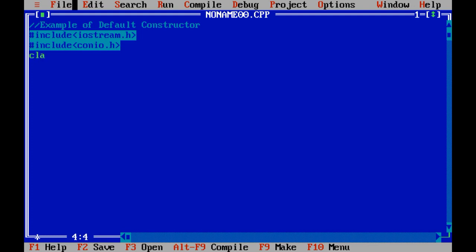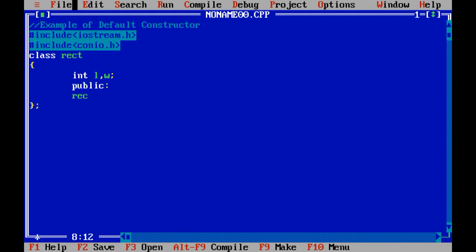Then let me create one class called rectangle. I just need to find the area of a rectangle, right? So for that I need to take 2 integer variables, L and W, length and width, public.